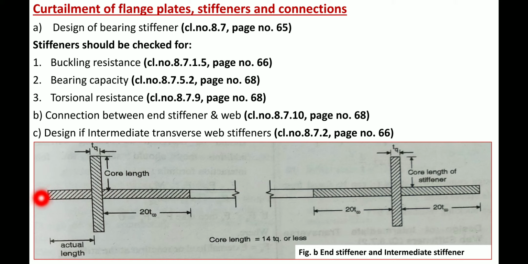So the first figure is called the end stiffener and the second one is an intermediate stiffener. Taking the example of the end stiffener, this is the actual length, where this is the web section, and these are the stiffeners going to be provided, longitudinal or horizontal, and this is the actual length from the end support condition, or from the face of the end point, to where the end bearing stiffeners are going to be provided,